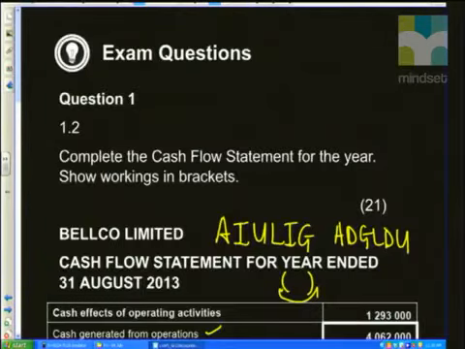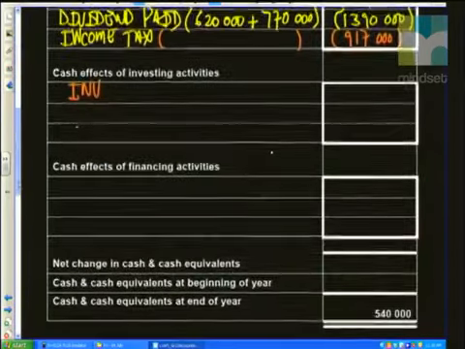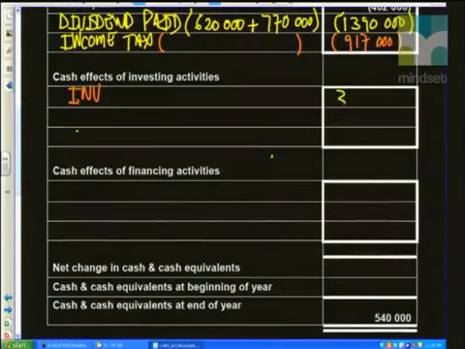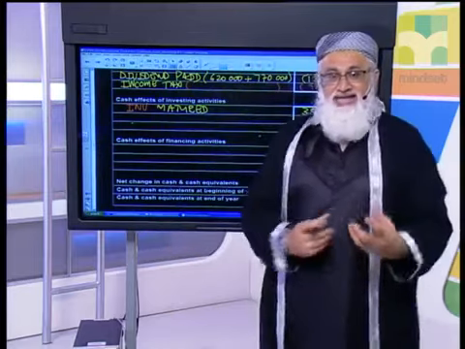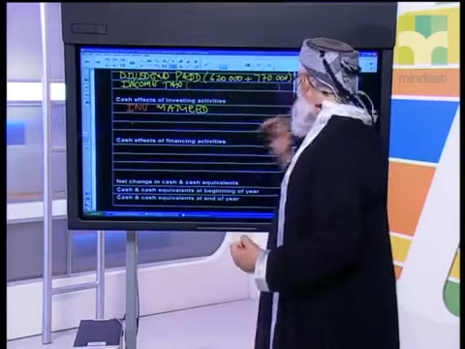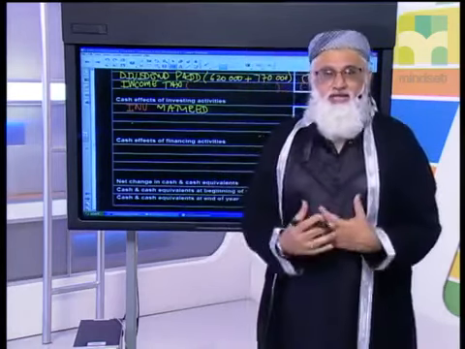Okay, so this means that under my investments, there has been an inflow of 350,000. Why? The investment has obviously matured. And when an investment matures, it means that the fixed deposit has decreased. We had a flow of money into the company. How much did we receive? The investment of 350,000. Guys, we're getting into the cash flow. We're explaining it to you.